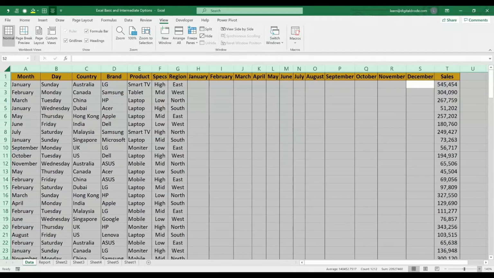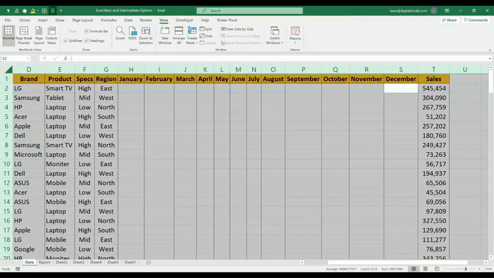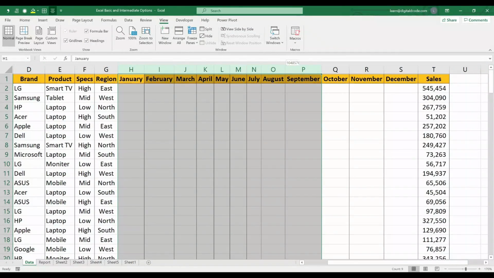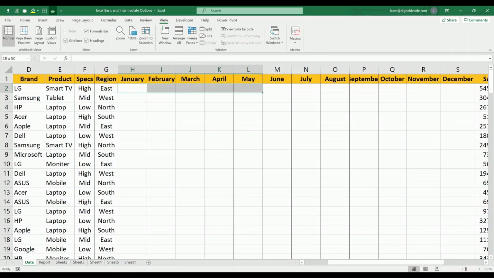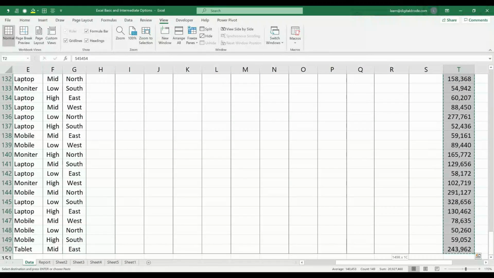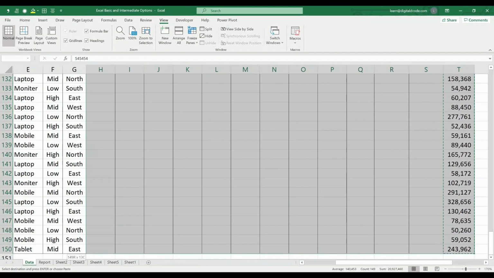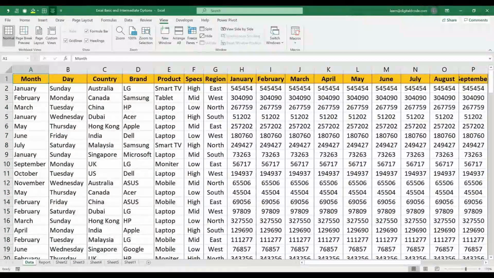Let me increase the size. So I have some values here. I'll update the same values. This is just for practicing. Okay, so this is my number.